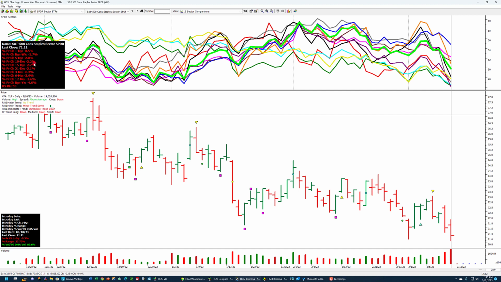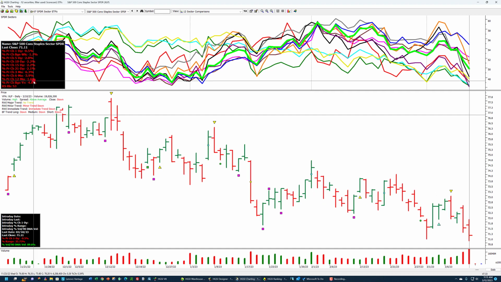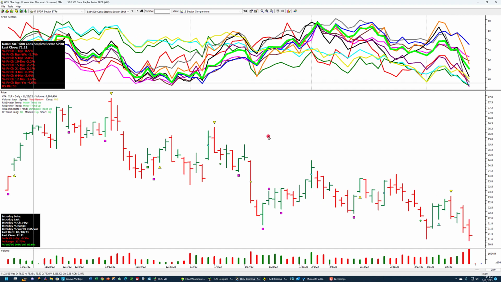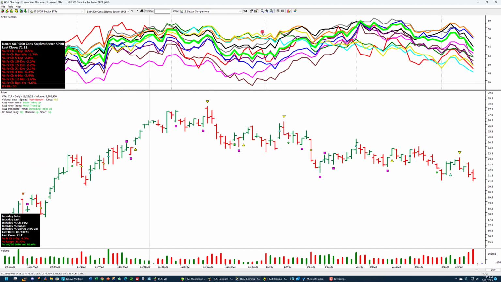It is down 4.6% from the beginning of the year, and this is a chart down below. This area here is just for general direction of the sectors. You can see, for example, the brown line's moving up, but the blue line's moving down, the magenta line's moving up.